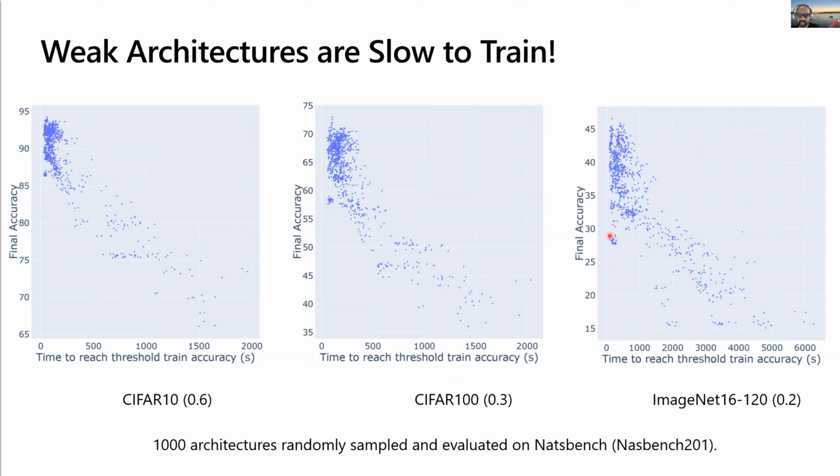But the key thing to see is that there are no late bloomers. See this large empty space: there are no architectures which suddenly become good as training goes on, right? Architectures don't suddenly jump up here. And this area is completely free. When we use FEAR to rank architectures, this is something you can exploit to early terminate architectures. I will show you how with a simple example from random search.